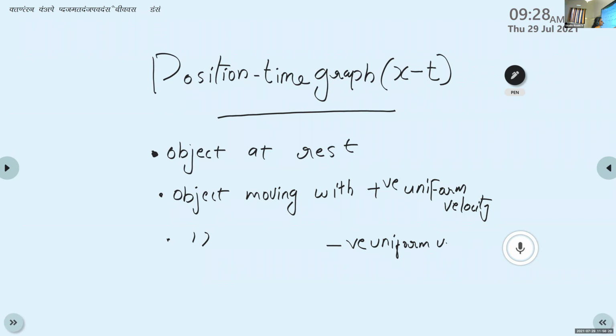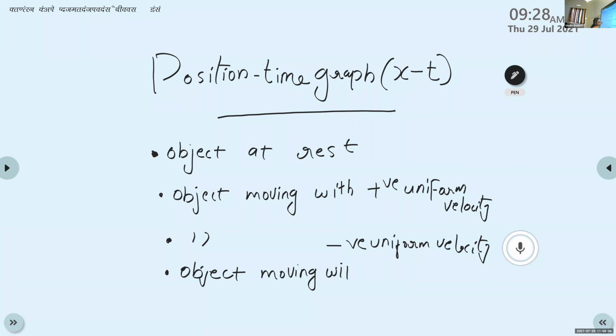You don't need to write the sentence headings now. We can discuss it one by one. I give a brief picture about the graph. Under each topic, we need to discuss the 5 different cases. The first one is object at rest. Second one, object moving with a positive uniform velocity. Object moving with a negative uniform velocity. Third one, object moving with,